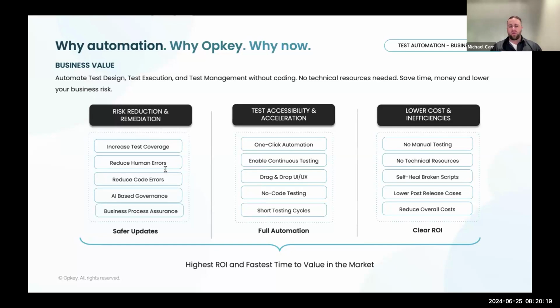And then the one-click automation and continuous testing will all lead to shorter testing cycles and more efficiencies overall for your testing practices. Inefficiencies and cost reduction, both short-term and long-term, are achieved when you combine all of the areas I just mentioned. With the addition of AI, something we call self-healing script technology helps eliminate manual testing effort, and in doing so can reduce the chance of a system breaking, and reduce the time for any type of system